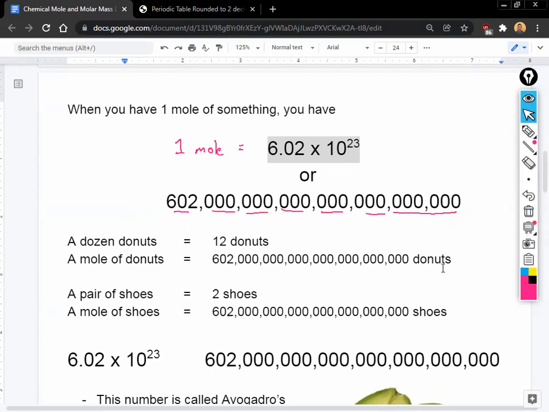A trio would be 3. If you have 3 of something, it's a trio. If you have a mole of something, it's this many. Okay, now this number is